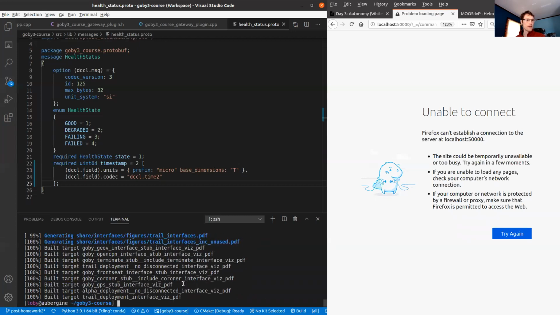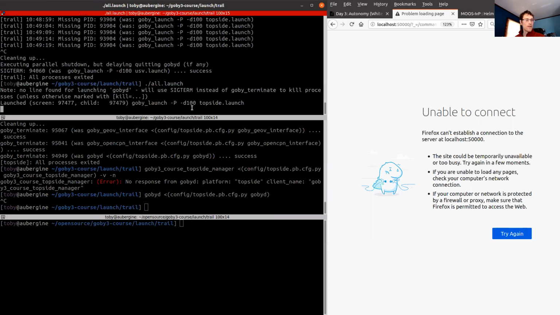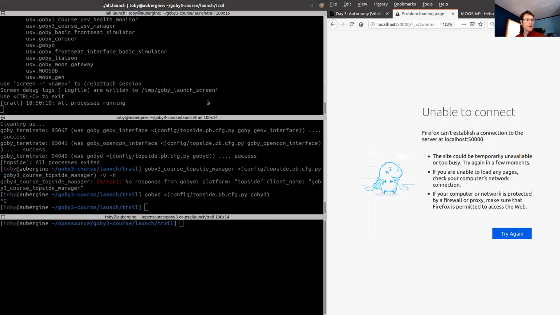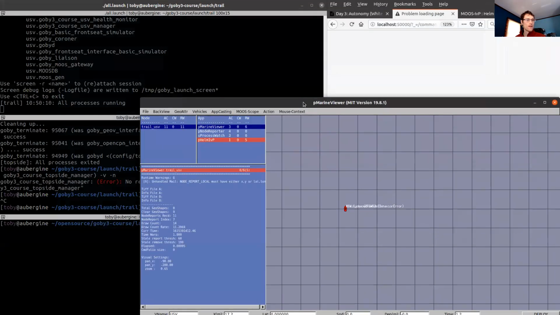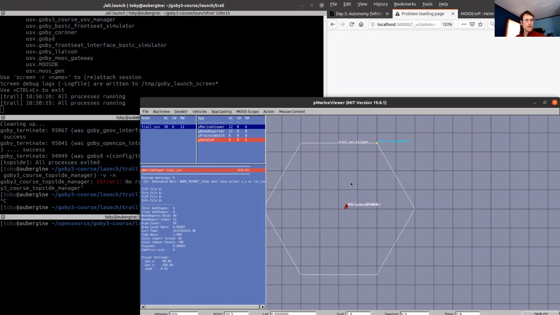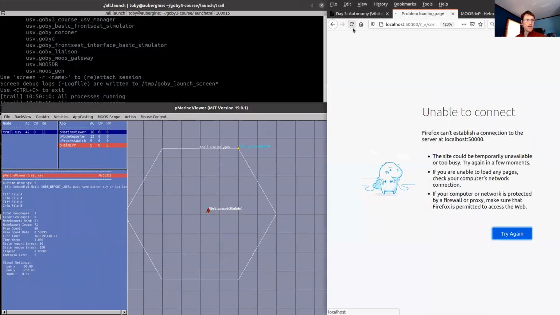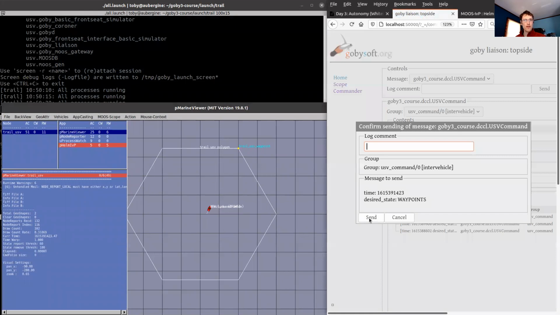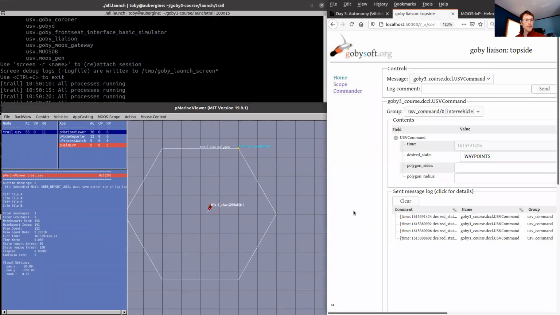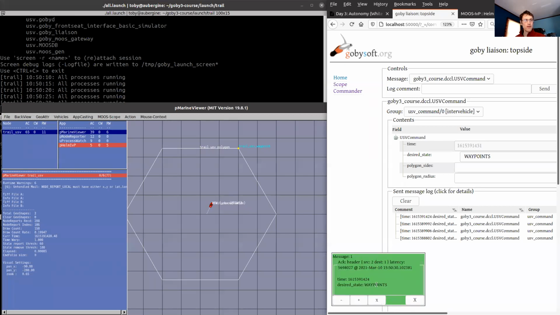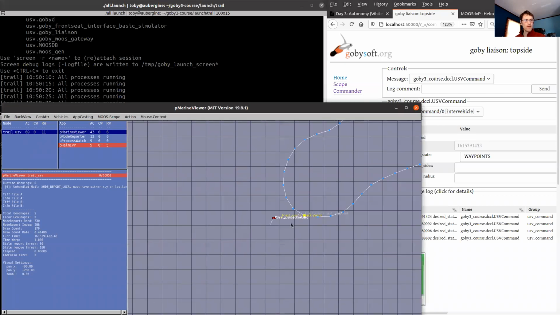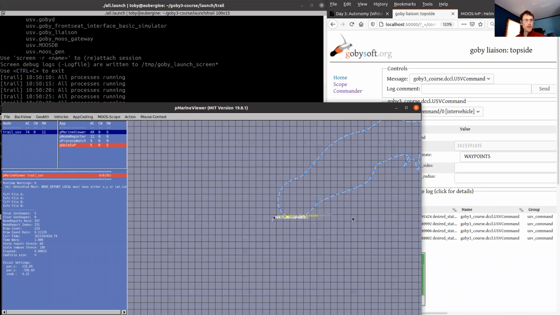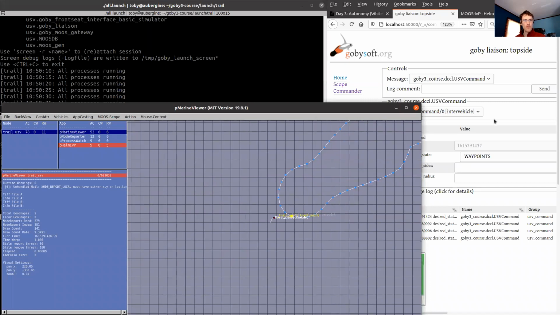Okay, so now we're all built. Let's kick off this mission, see if everything's running fine. There we go. So now we're off. So the race is here again. We can now load up liaison and send our waypoints command. And then we get this through, gets acknowledged, and there we go. So now our USV is off to the Goby fish again.